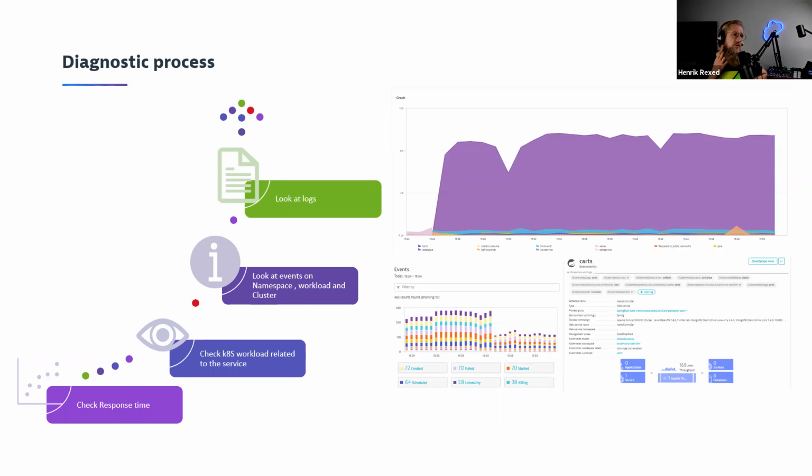So I jump into the service, and in the service screen, you can see there are dimensions related to the Kubernetes cluster, the namespace, the workload. You can click on them, and they will bring you back to the dedicated screens. Then we can look at the events that we had in this workload or in this namespace. And from there, if there are critical events that you have seen, and that could be aligned with a pattern where you have seen the response time increase, then you can jump into the logs, convert the events that make sense for you into metrics,